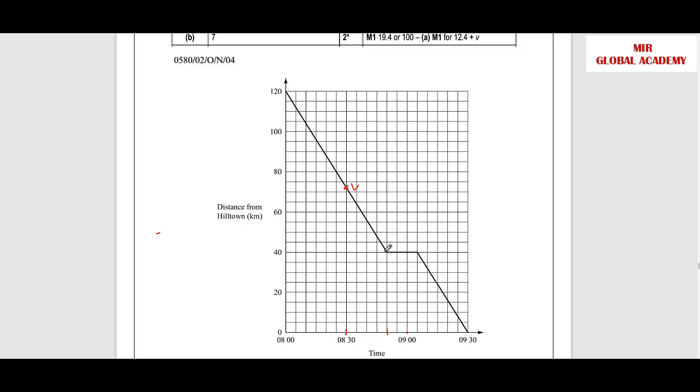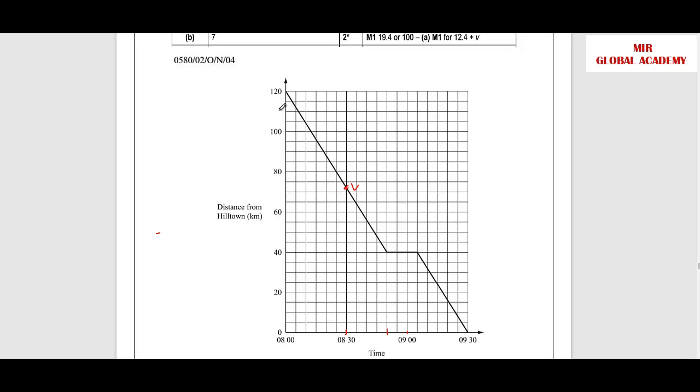And we know that the gradient of a straight line is always constant. Wherever you take the gradient, it will remain the same. So speed is the same everywhere. So either you take the gradient of the whole line or a part of the line, you will get the same answer. So to find this v, that is the gradient of the line, we will calculate the gradient of